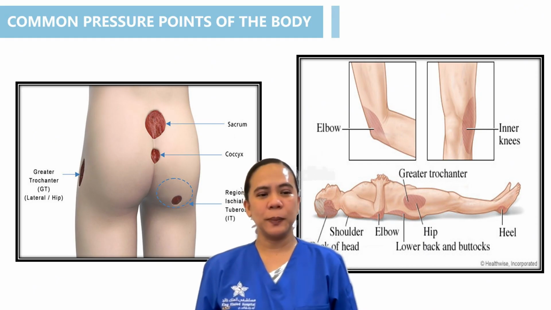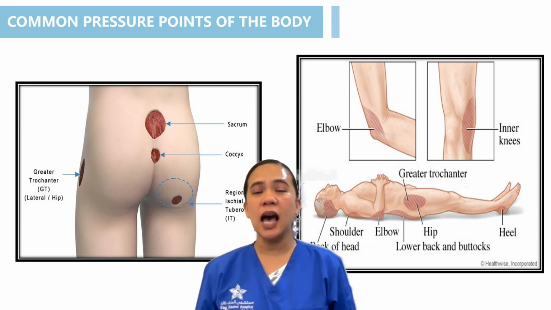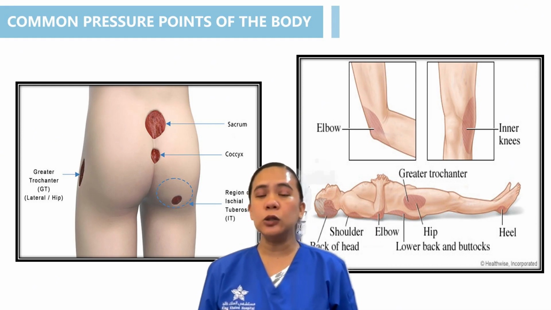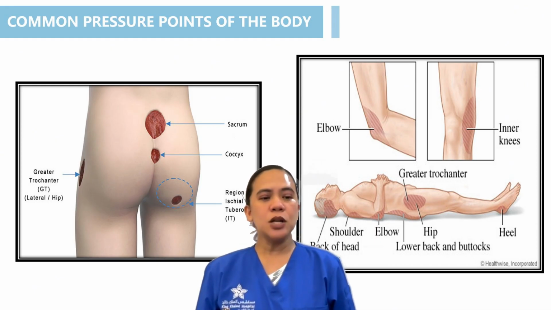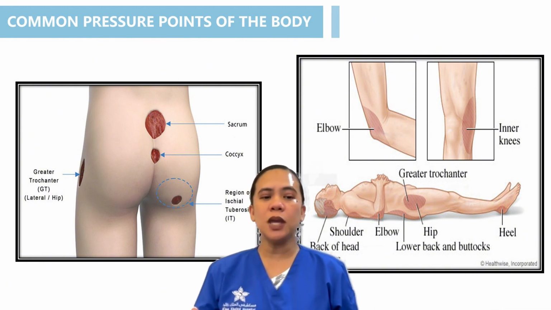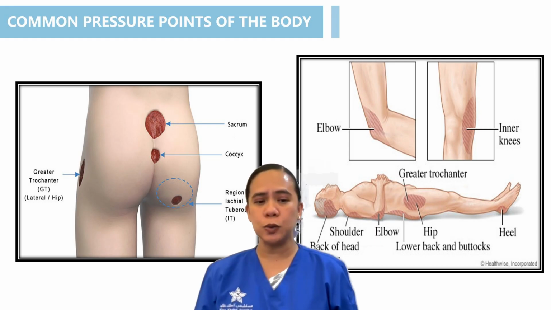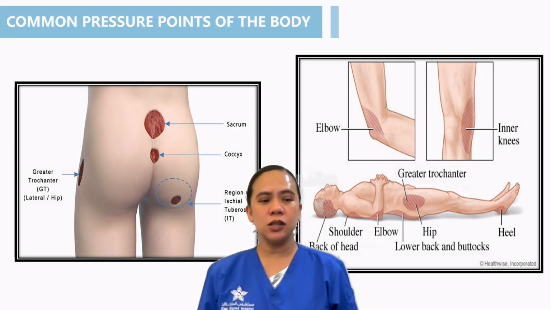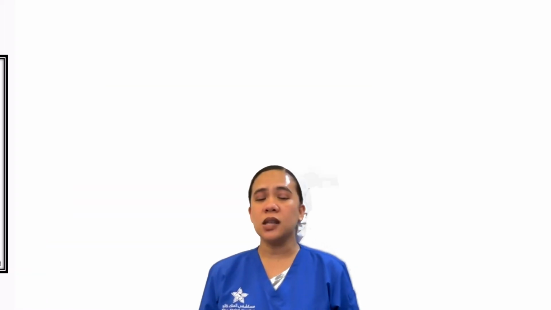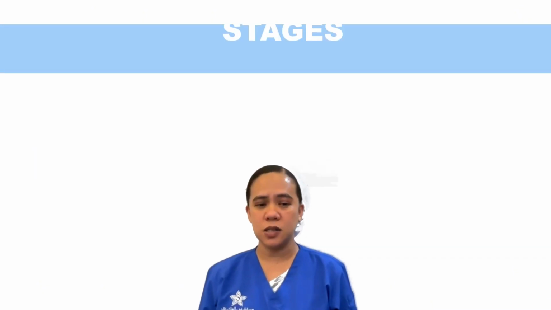After knowing the locations, it's also important to understand how pressure ulcers progress over time. Early signs can be subtle, but if left unaddressed, they can quickly worsen and lead to serious complications. Pressure ulcers are classified into stages, each reflecting a deeper level of tissue damage. As nurses, we must be able to recognize and accurately stage pressure ulcers to guide appropriate interventions and promote healing. Let's now walk through the 4 main stages along with the additional categories.